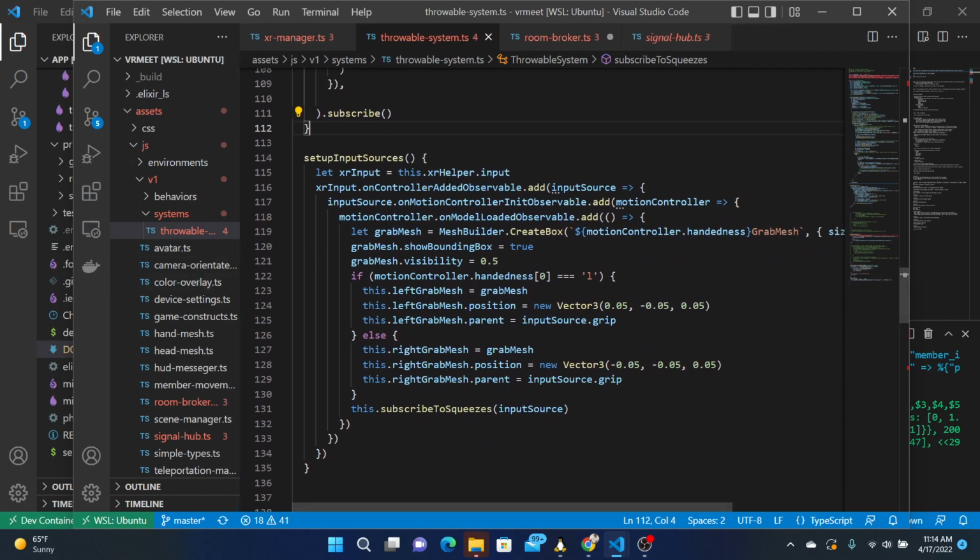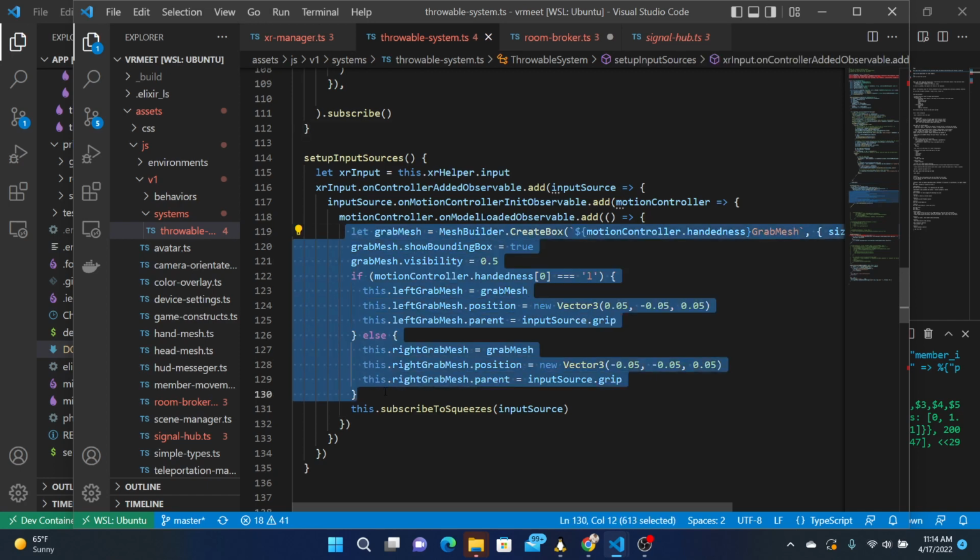So on controller added observable, on motion controller init observable, on model loaded observable, it created this stuff. So this will create a box for yourself. So I'll copy this,